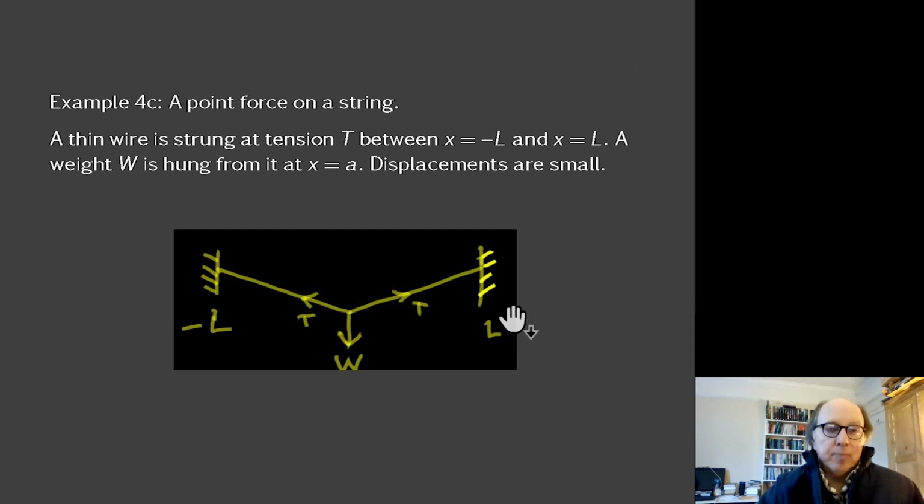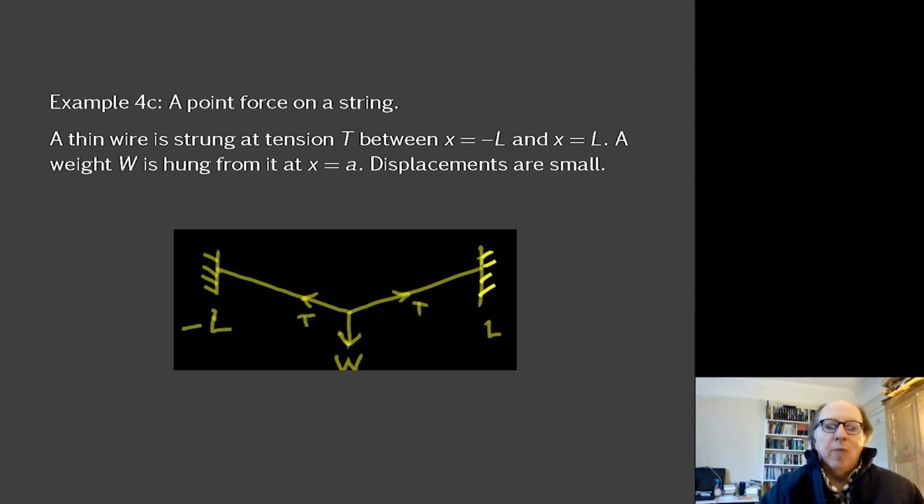Third example, a point force on a string. This is a very basic prelims or even A-level mechanics problem. You have a thin wire with a tension T in it, strung between two supports, and then you hang a weight from it in the middle, and you ask what's the displacement. Well, it's a thin and light wire, so the only forces involved are the tension here and here and the weight here. There's no weight for the wire itself,